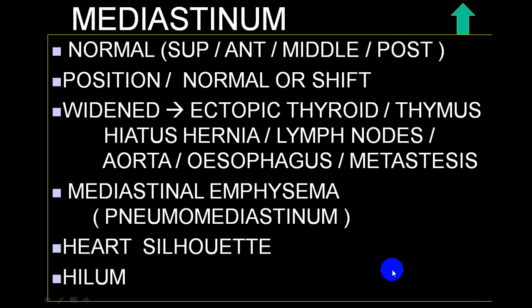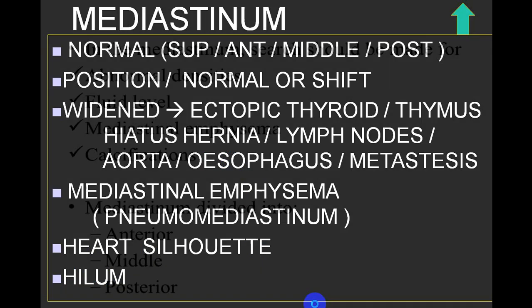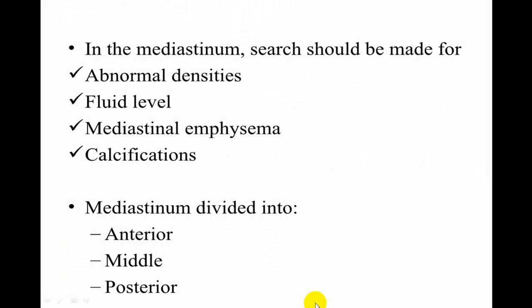This also will be discussed separately, but some part of this I will be showing you in subsequent lectures. Now in the mediastinum, we look at the abnormal density. You look in the mediastinum if there is any air fluid level. If there is any air fluid level, first suspect what we call a hiatus hernia. So look properly, you may be able to pick up this particular condition. And once in a while, it can be because of an overlapping lung abscess which is present in a lung portion which is close to the mediastinum.